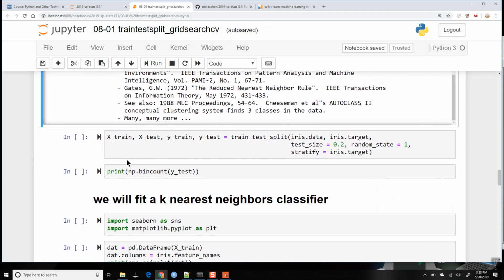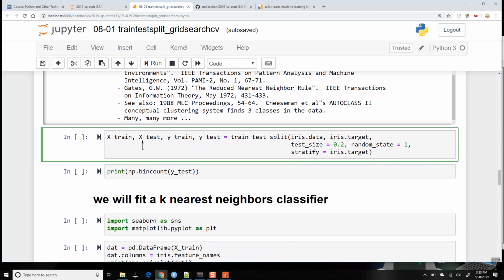So anyway, that's useful for us. Okay, so what I'm going to go ahead and do is use train test split. We're going to split the X, the data, and we're going to split the Y, the target. Test size, I'm going to say 20% of cases will be going into the